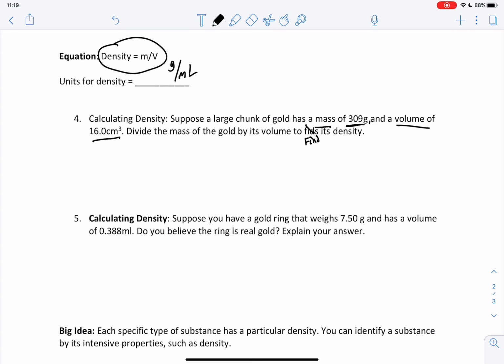So we take density equals mass divided by volume. Substitute in our problems. So 309 grams divided by 16.0. And then we plug it into the calculator and we should get